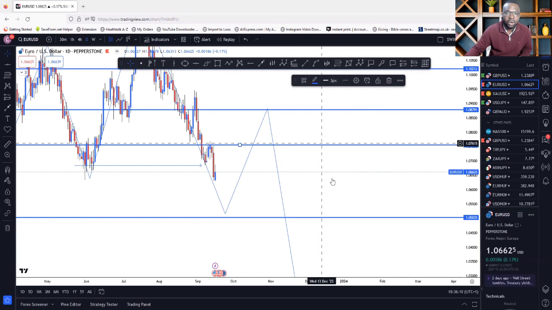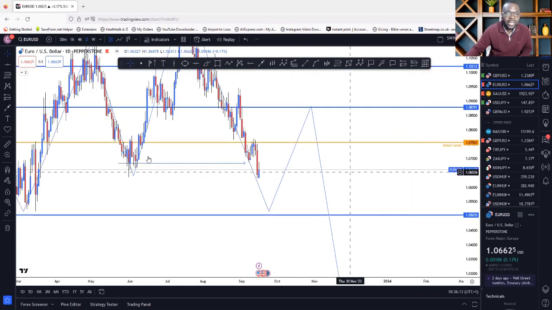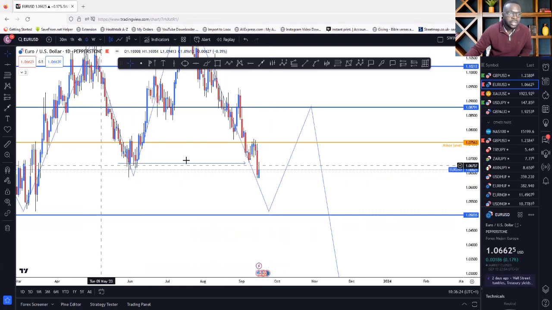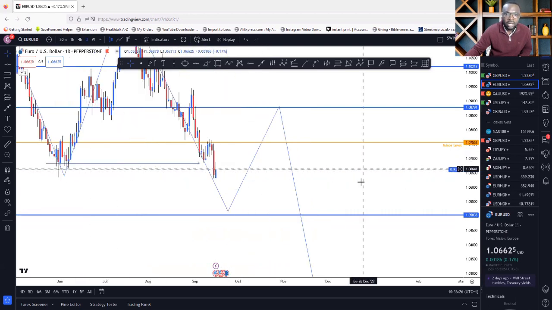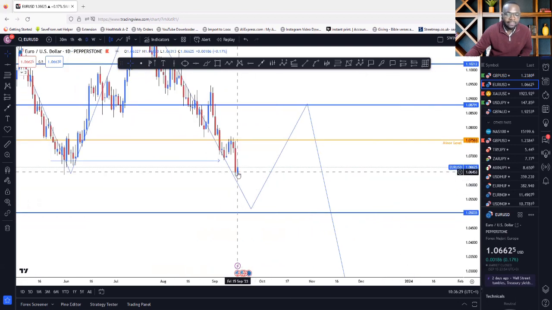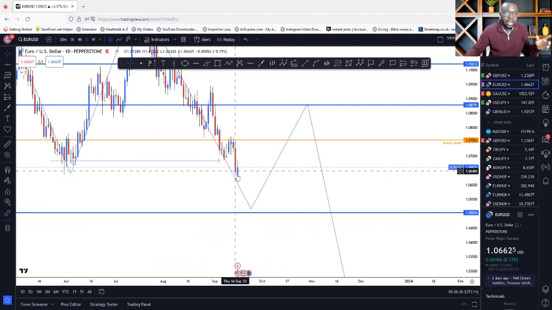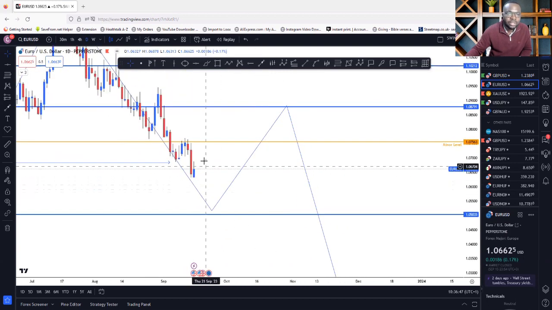And I could possibly expect price on the daily, I'm marking this out on the daily, to give me 2 more candles. So a bullish run to the upside for 2 days, because there's already a break of structure. We can see already day 1, on Friday before the close of the session, price opened up, went bullish to the upside, and then closed in the middle with a little sell. So I still anticipate that another bullish candle might come up.